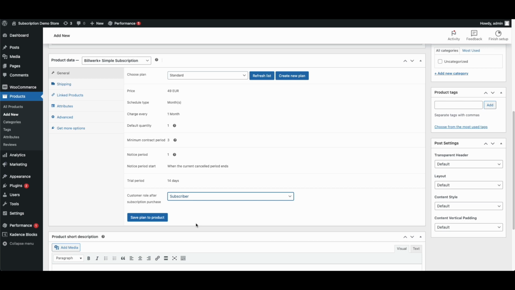Here you will most likely also have an option where you say, all right, what user role is needed to have access to this specific content. So this could help you narrow this down. So we'll just click Save Plan to Product here, and